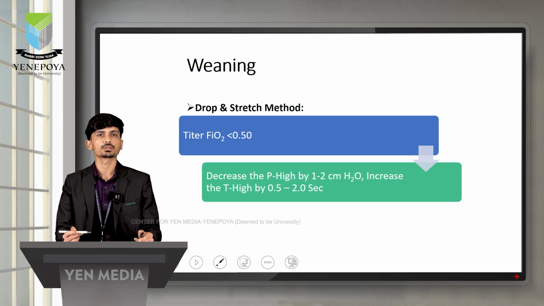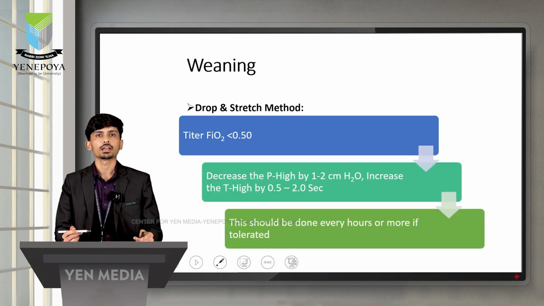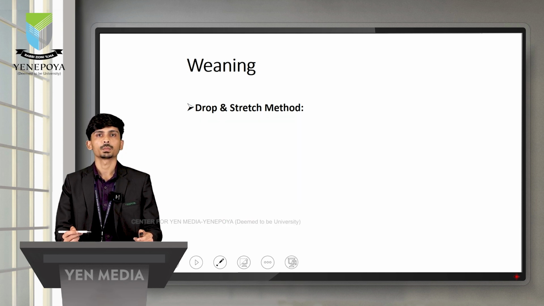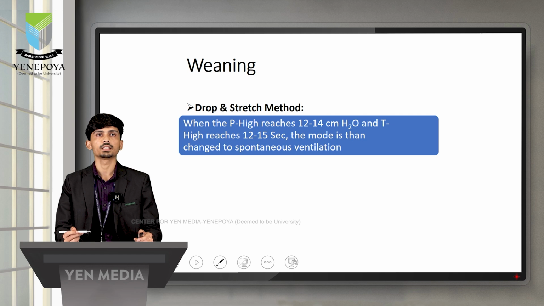Simultaneously we have to make changes to T high. It was 5 seconds, we will increase it by 2 seconds, and the same has to be continued every second hour. But until when? Until we reach the P high of 12 to 14 centimeter of water. We drop the P high from 30 centimeter of water to 28. Every second hour we will drop it by 2: 26, 24, 22, until it reaches 12 to 14